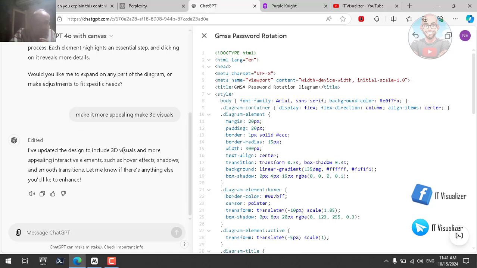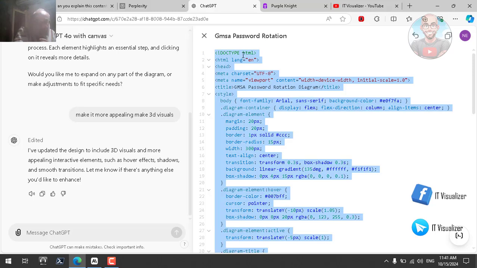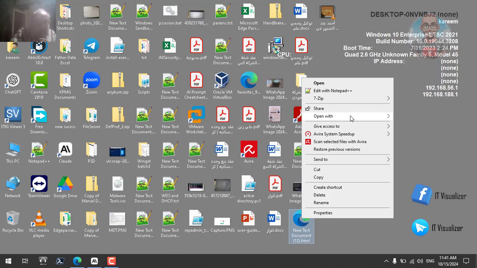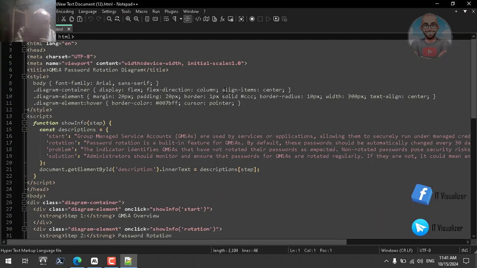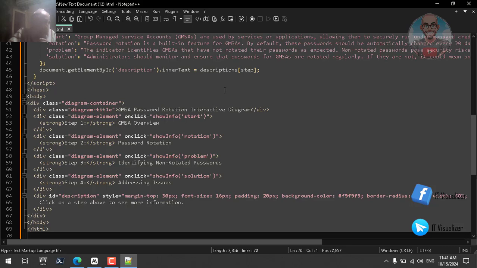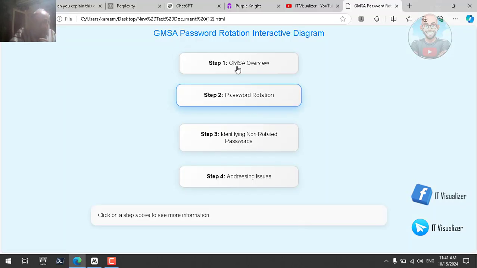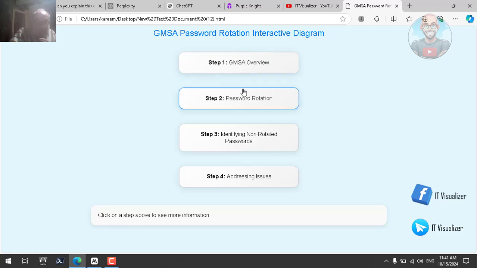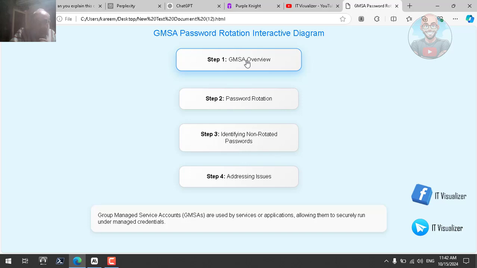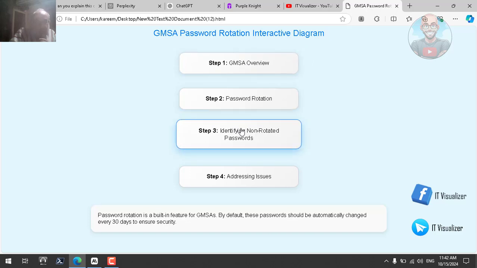I have updated the design to include 3D visual effects and more appealing interactive elements such as hover effects, shadows, and smooth transitions. Let's see the result. If you go there and right click and edit, now we have Control A and delete, then Control V, and then save that. And now we can click on that. Now we can see some visual effects, which is good. Rotation diagram. Okay, well, it is good actually, but